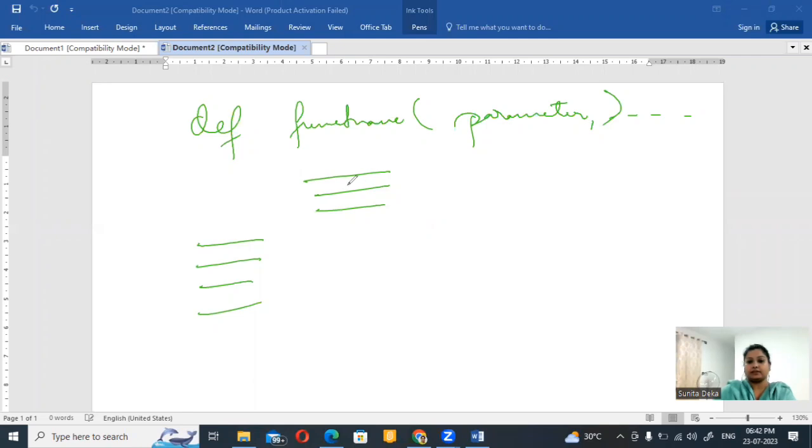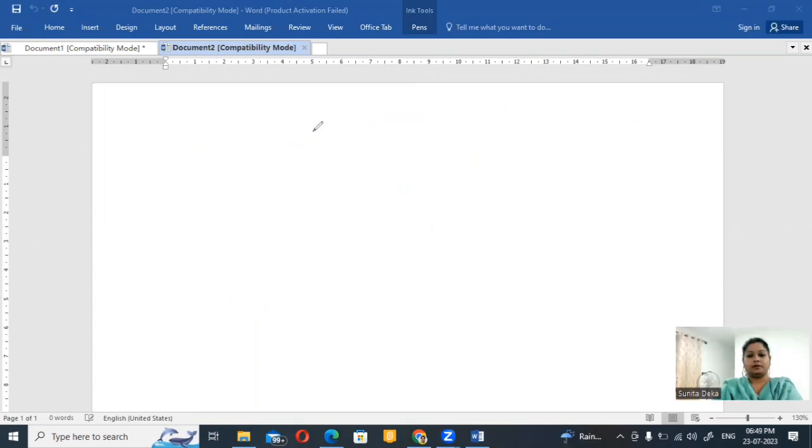So in this, obviously when we write a program, we are going to make use of variables. So let me take a small program to understand the global variable and local variable. Let's first start with the local variable, and for that I will write a small code. So def a, inside this I will declare a variable a is equal to 20,